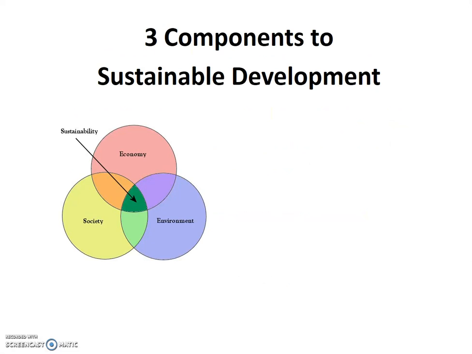Interestingly, for 30 years, since the Brundtland Report, we've been taught that there are three components to sustainable development, namely ecological sustainability, economic sustainability, and social equity. Some people paraphrase this as people, planet, and profits. And this Venn diagram is one common way the model is displayed. You see the three components, and then sustainability is where all three meet. True sustainable development exists only when all three components are managed sustainably.